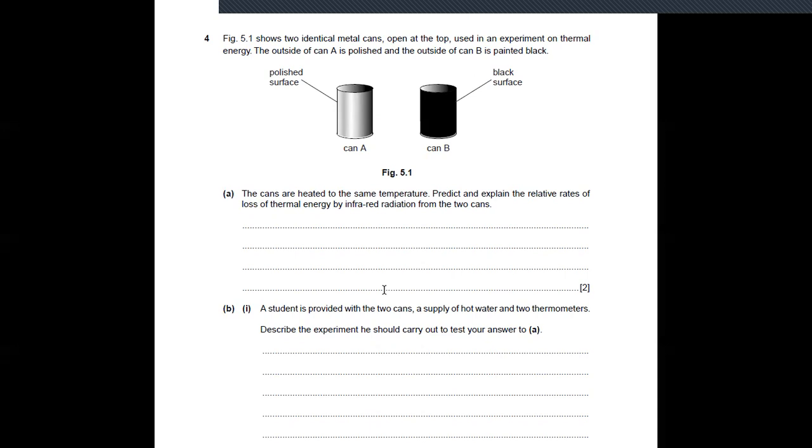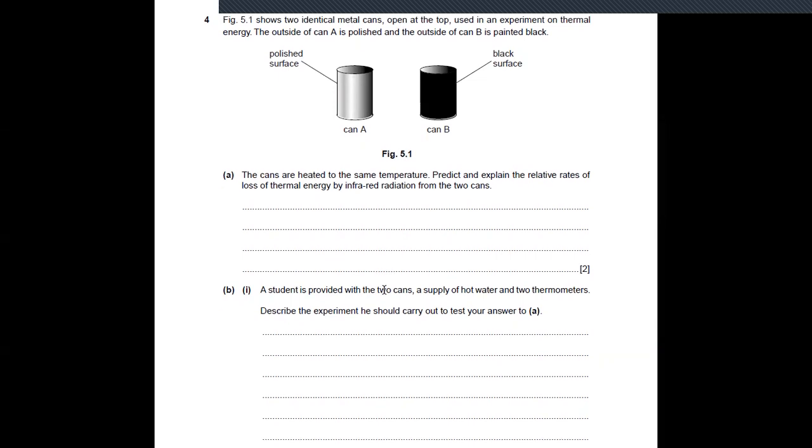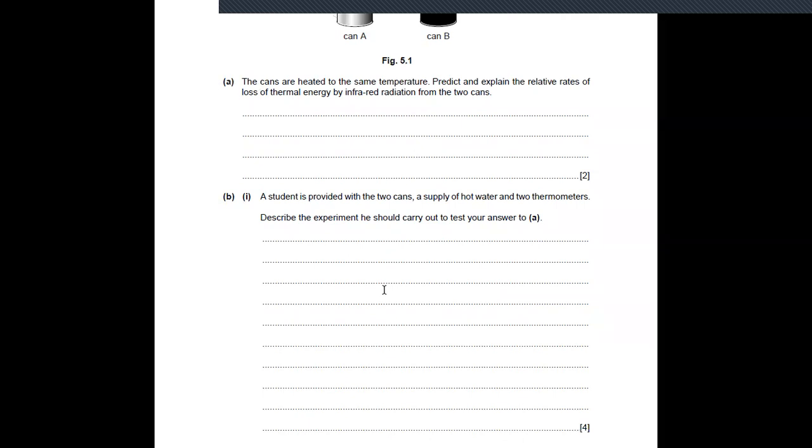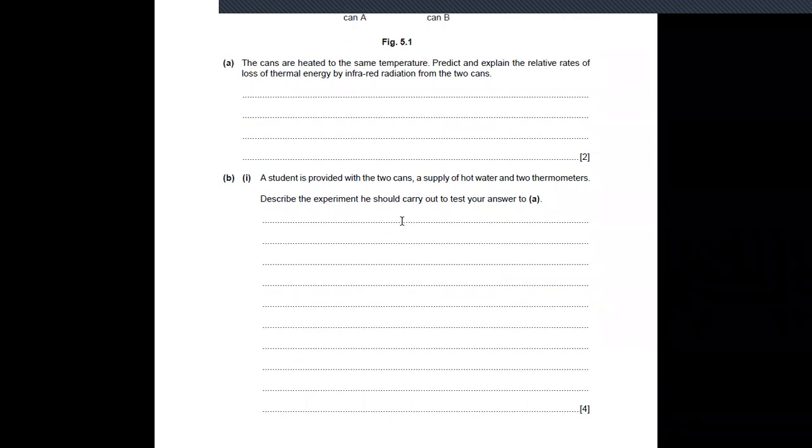The black surface will lose thermal energy more quickly as black is a good emitter, while the polished surface will lose it slowly as it's a bad one. Yes, now you're correct. Okay, take a look at this question on part B, and this is a 4-mark